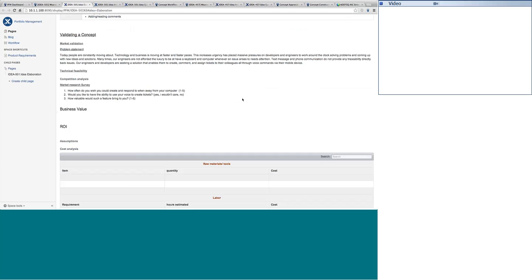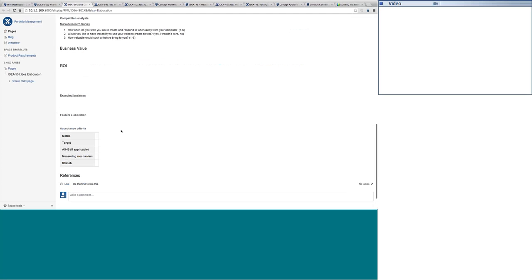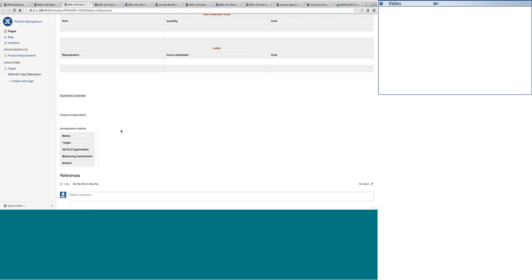At the same time, we also try to capture the acceptance criteria. This is very important. When a person is doing elaboration for a particular idea, it is very important to understand what exactly the idea is that we are trying to implement. Now, by giving the acceptance criteria, it will be very easy for us when the implementation of the idea is completed. We can always measure how successful we were, how close we are to the acceptance criteria, and what the delta is, what next to do. So the retrospection can be done very easily if we have captured the acceptance criteria.